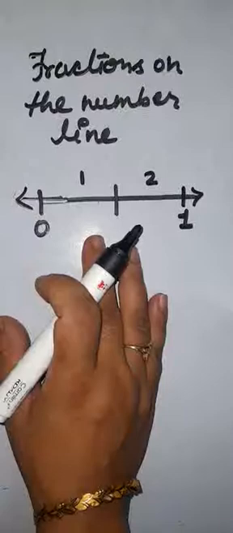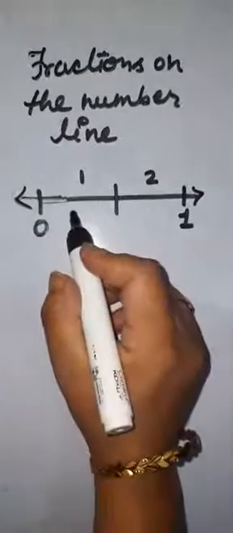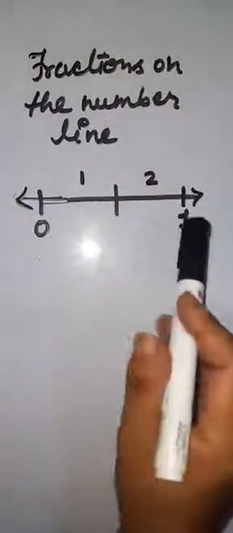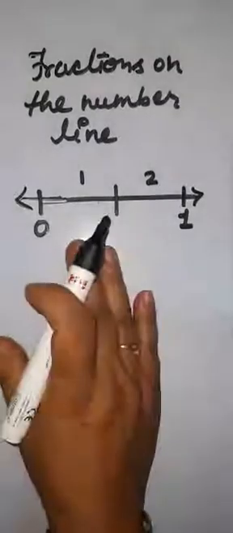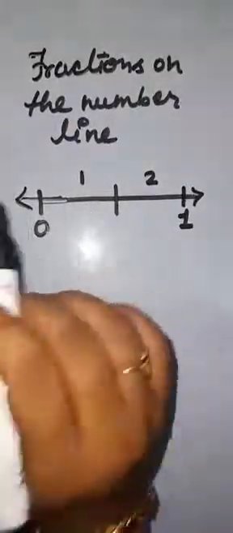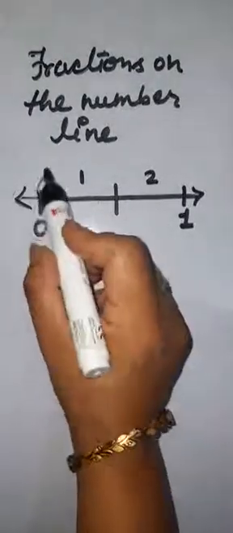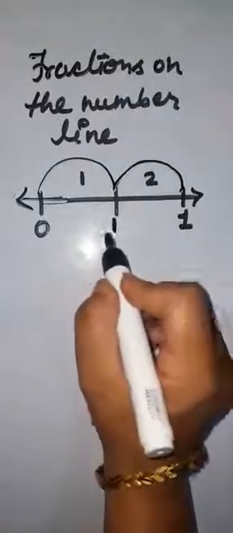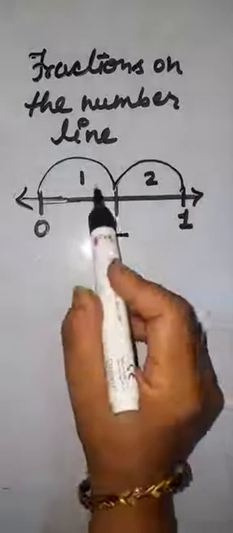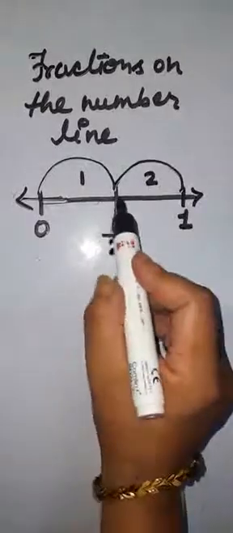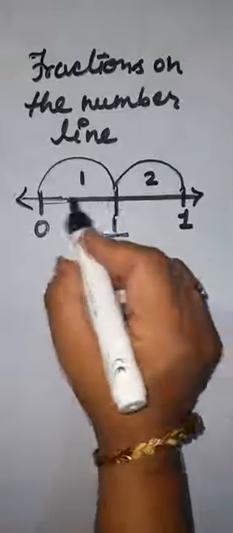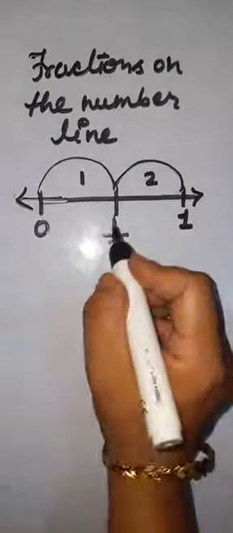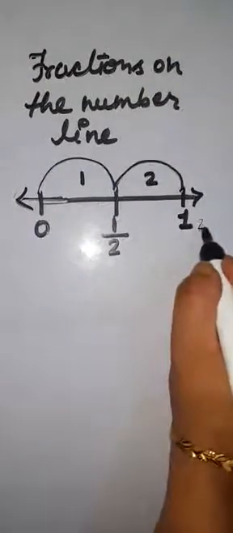Alright. So 1 out of, this is 1. This is 1 portion and this is 2 portion. Now look carefully. This number line we have divided into 2 equal parts. So from here to here this is 1 and from here to here this is 2. It means 2 equal parts में हमने divide किया है. तो 1 out of 2 number line को हमने कितने parts में divide किया है? This one is 1. यहाँ से यहाँ तक है. This one is 2. So 2 parts में divide किया है. 1 out of 2. This is 1 out of 2 and this is 2 out of 2.